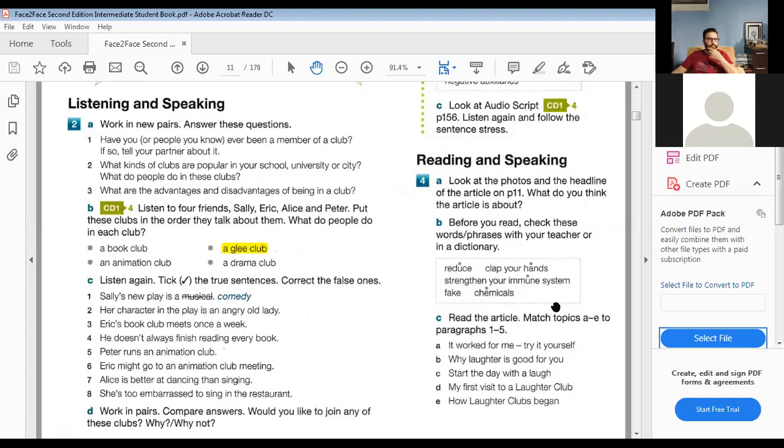Okay. So now our first job is just to put them in order, okay? So what's the first one they talked about? Drama club. Number 2. Book club. Okay. Third one. Animation club. And the last one? Glee club. Okay. And what was the glee club exactly? How did she describe it, the girl? A group of people